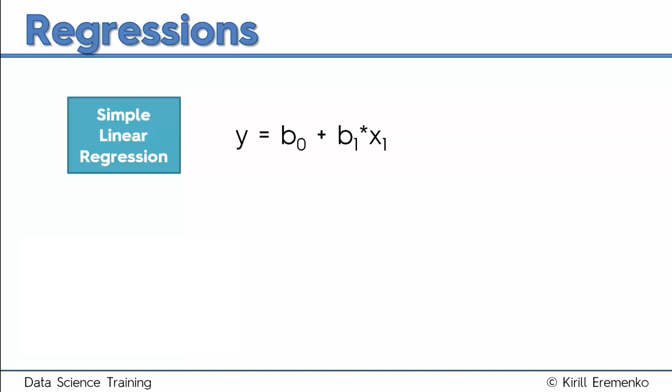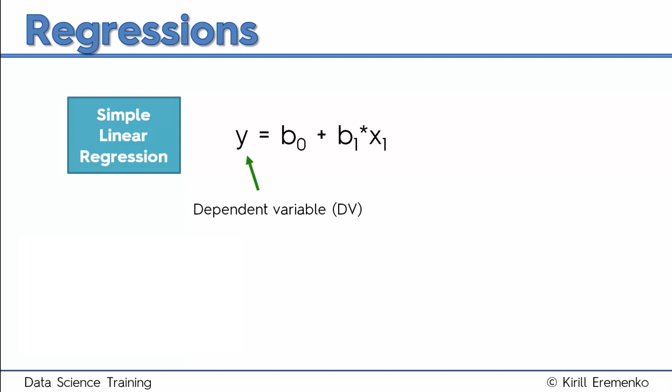A simple linear regression is basically this formula where y equals b0 plus b1 times x. And you might recognize this formula from back in high school. It's just a formula of a trend line or a sloped line on an xy axis. And let's go through these variables and coefficients one by one.